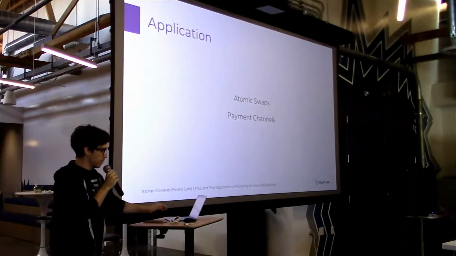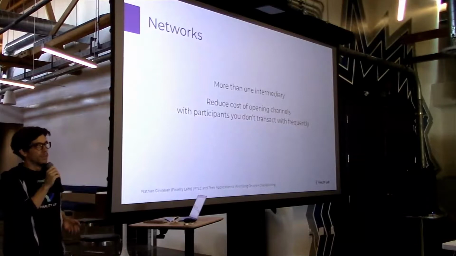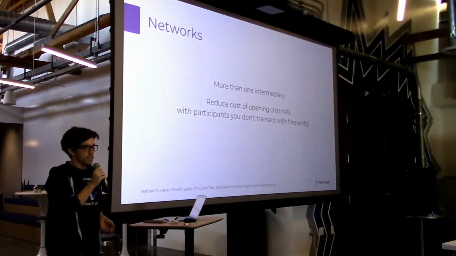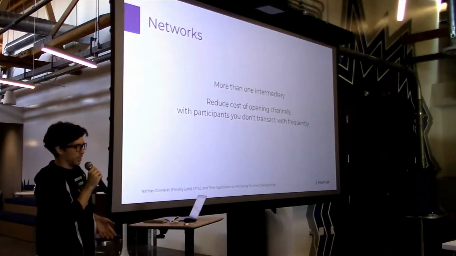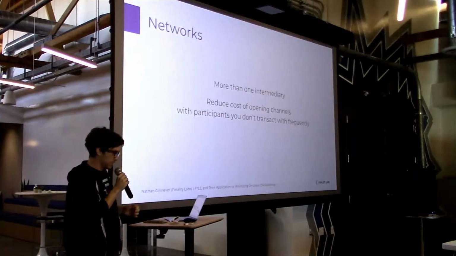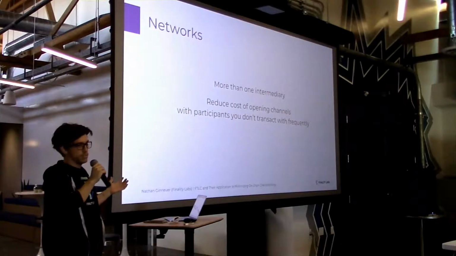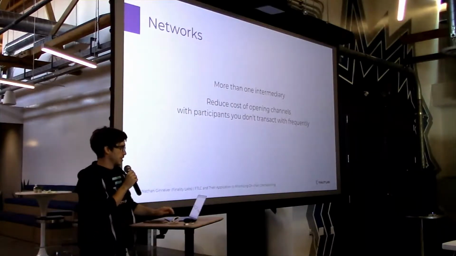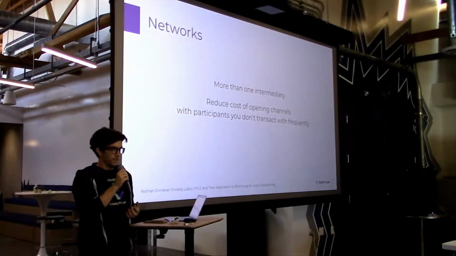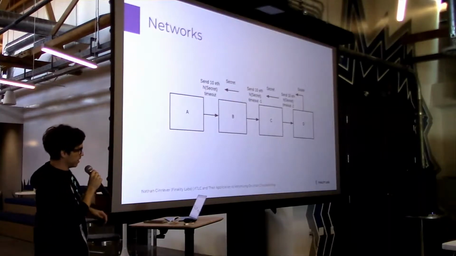So an idea that they started to come up with in the Lightning Network was using more than one intermediary. So the problem is I don't have channels open with people, but what if there is somebody that does have a lot of channels open with somebody? So I can connect to them and they can connect me to my final destination. And you might want to do this over a few different hops too to get an accurate grid of everybody who's on the network. This should hopefully reduce the cost of opening channels, and this was kind of the main flagship behind the Lightning Network. And it looks like this.